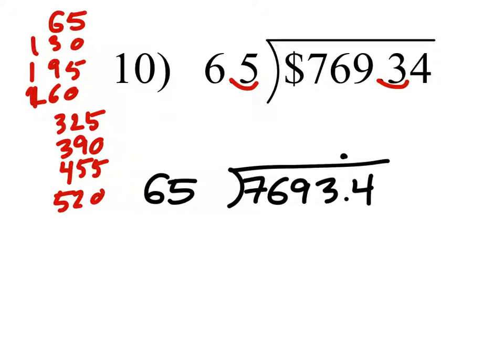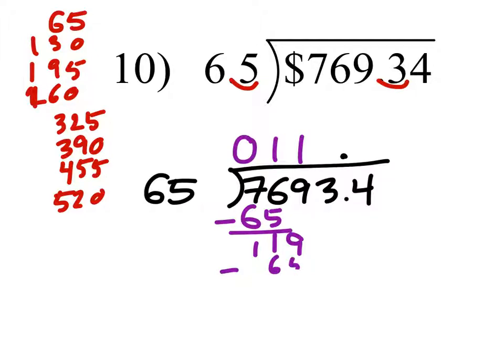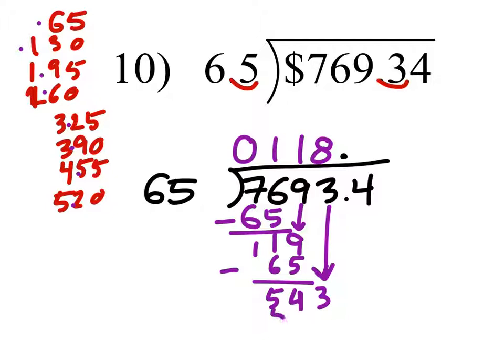So the 65 won't go into 7, but it will go into 76 once. So I'll subtract 65 out of this thing, and I get a 1, 1. 65 won't go into 11, but it will go into 119 once, minus 65. And then I got a 4, carry the 1, 5. 54. So I'm going to need to drop this 3. I dropped the 9 already. 543 looks like that's my 1, 2, 3, 4, 5, 6, 7, 8th term there. 8 times the 65 is 520. So I'll subtract that, and I got